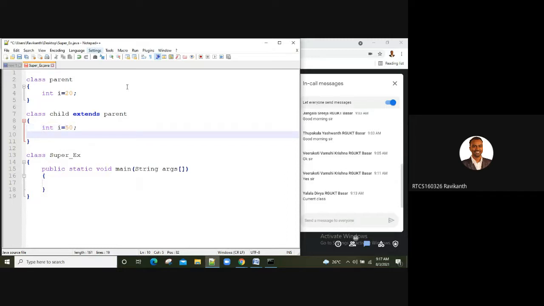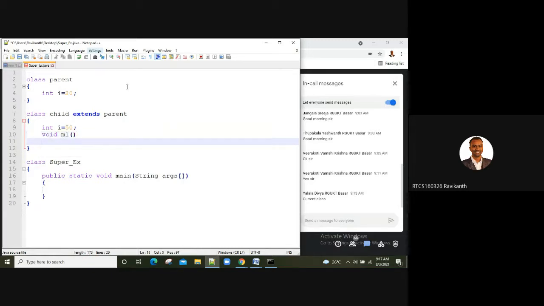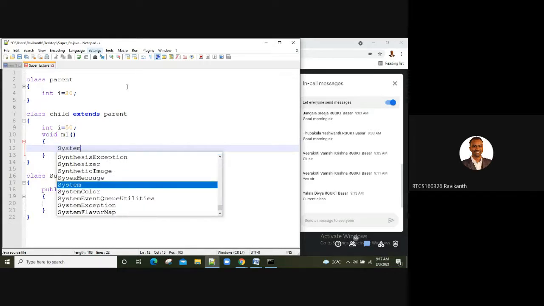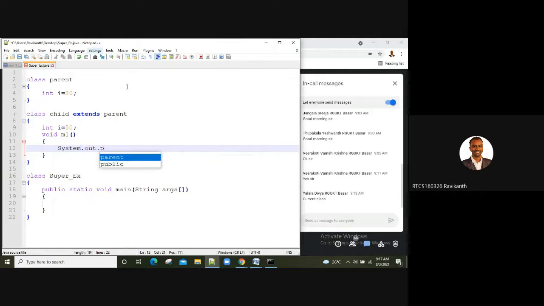To understand the concept of the super keyword, I'm going to go with a normal method where I would like to display this value: System.out.println, please print value of i in child, plus i.